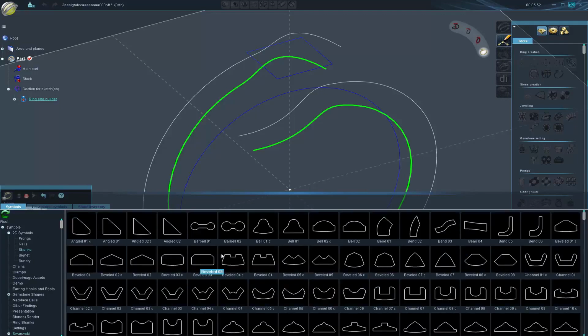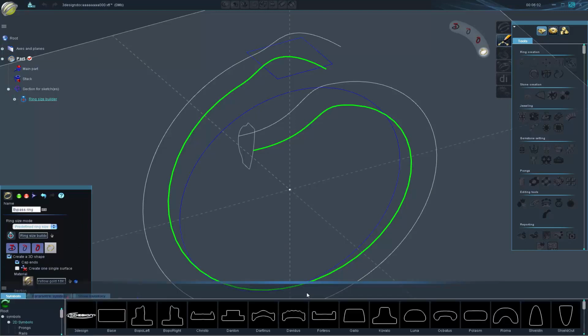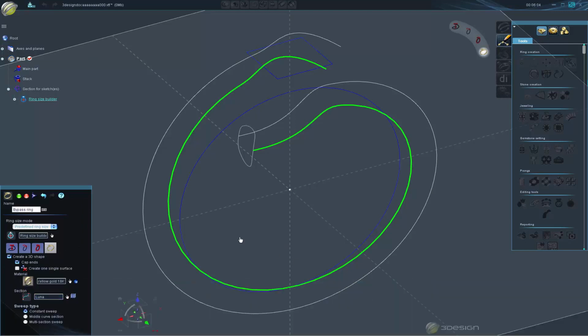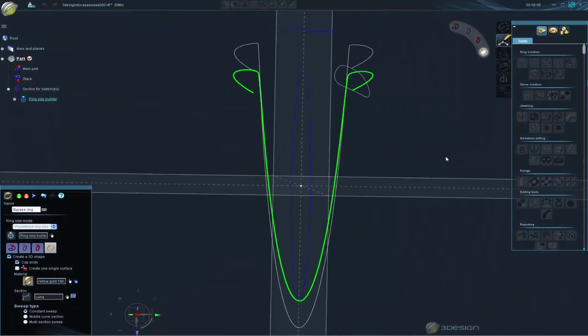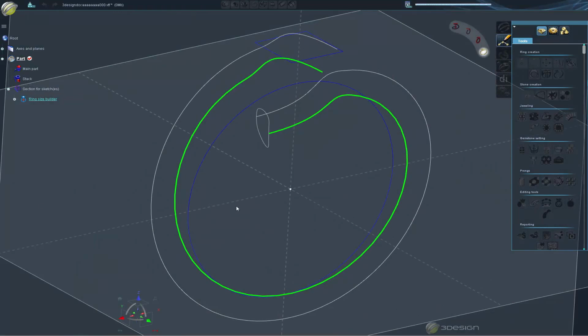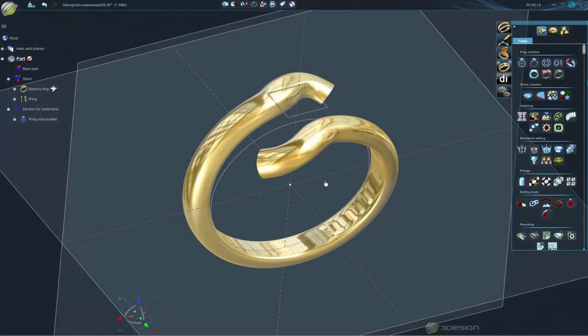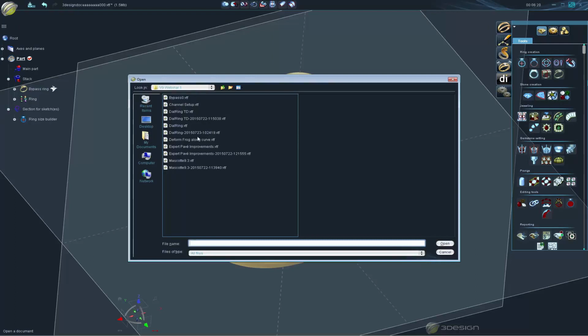So let me go in and choose my shank for my sweeping here. I'll just grab one. Oh, that one comes in the wrong rotation there. Let me pick something a little. Oh, no, it's not. I'm just looking at it funny. Okay, came in the right way. But you can automatically add your profiles. You can add multiple profiles in there and go ahead and sweep your ring, or you can, like I said, sweep it manually. Real quick, I'll show you some samples of some bypass rings again,